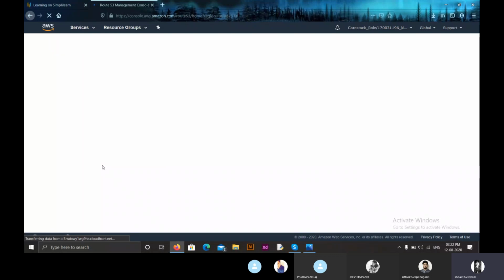To access this, you have to get into your Amazon Web Services Management Console. Then you have to come to the networking and content delivery service, and there you will have an option called Route 53, and by clicking on Route 53 you'll be redirected to a dashboard.